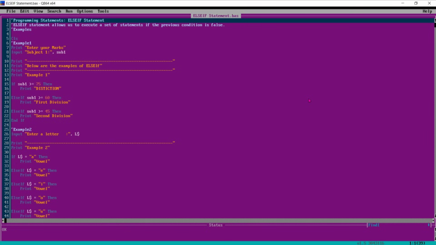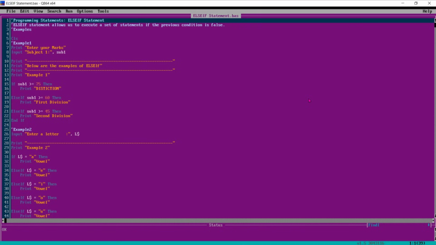In this tutorial we will learn about the programming statement else if. The else if statement allows us to execute a set of statements if the previous condition is false, meaning multiple conditions. We will understand it using two examples.